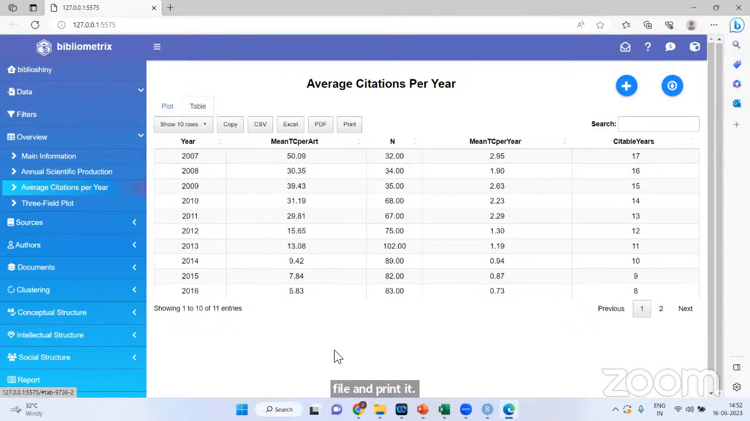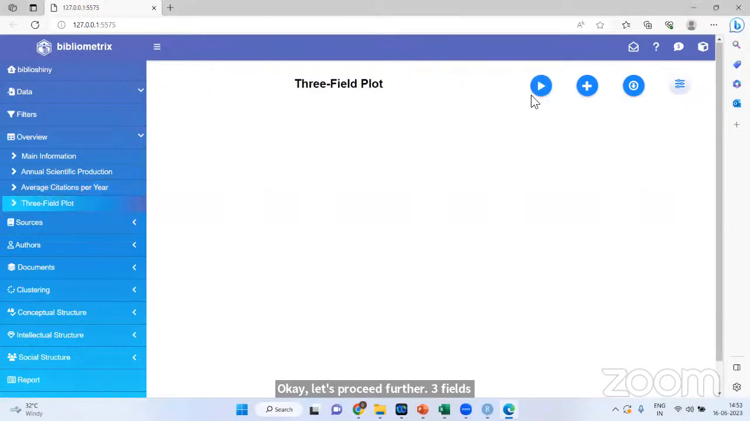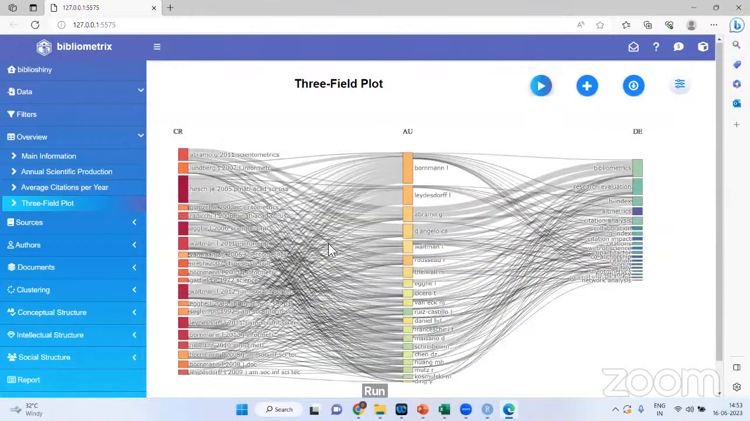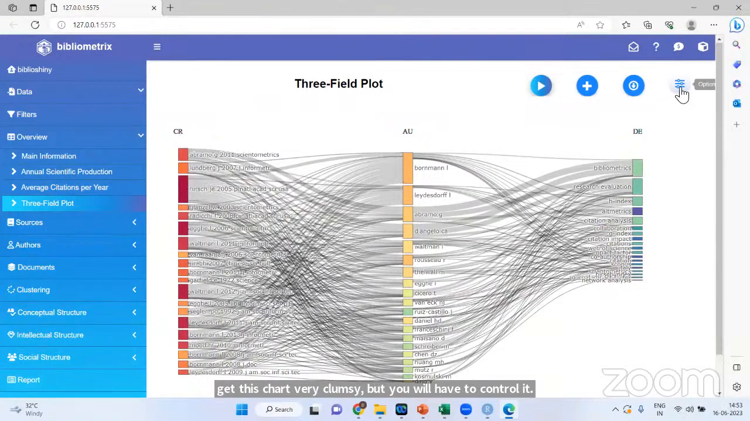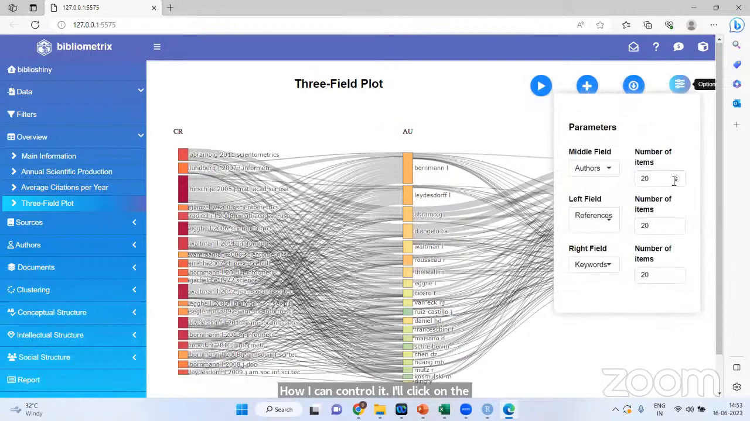Done. Okay, let's proceed further. Three fields plot. Run. You will get this chart very clumsy, but you will have to control it. How can I control it? I'll click on the settings options here, and I'll make the number of items 5 so that I'll be able to understand. So the middle field consists of